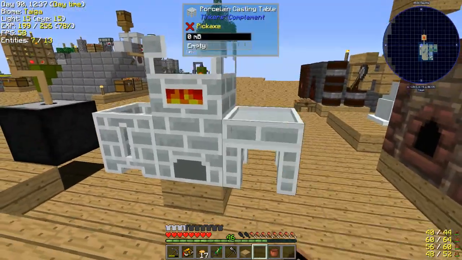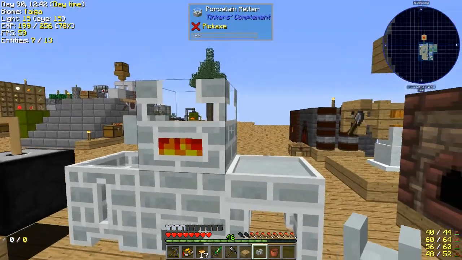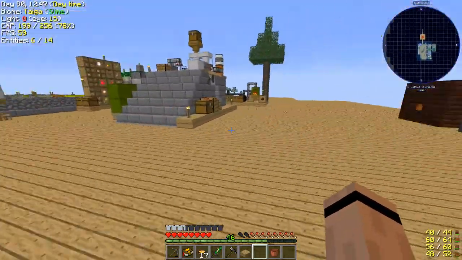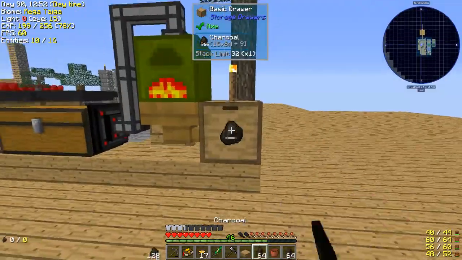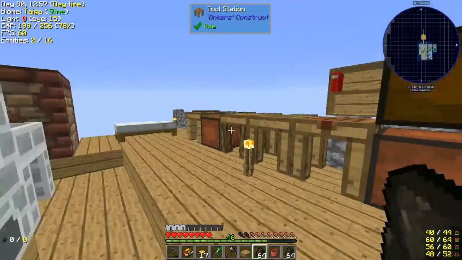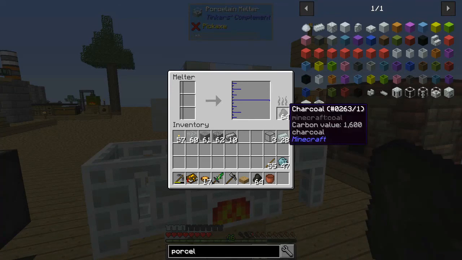I don't know. I'm kind of going on the fly here. Let's see. Just like this. So you take a fuel source. Will you take some of my handy-dandy charcoal? Because we got lots. Yeah, I got 1,000 charcoal already just from running that tree farm. That's so awesome. You don't look like you're burning, but of course...